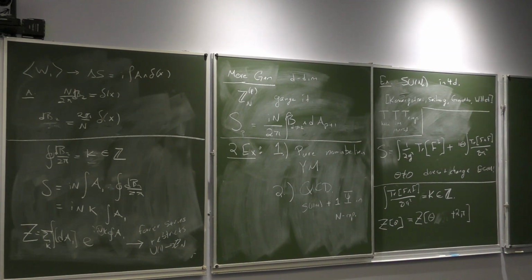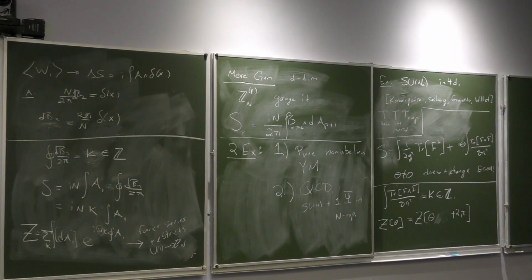Okay. So that's cool. We haven't really done anything yet. But now we see that the partition function is no longer, so now we see that theta is no longer 2 pi periodic. Rather, theta is going to be 2 pi n periodic. So if we shift theta by 2 pi times little n, this is going to be z of theta times